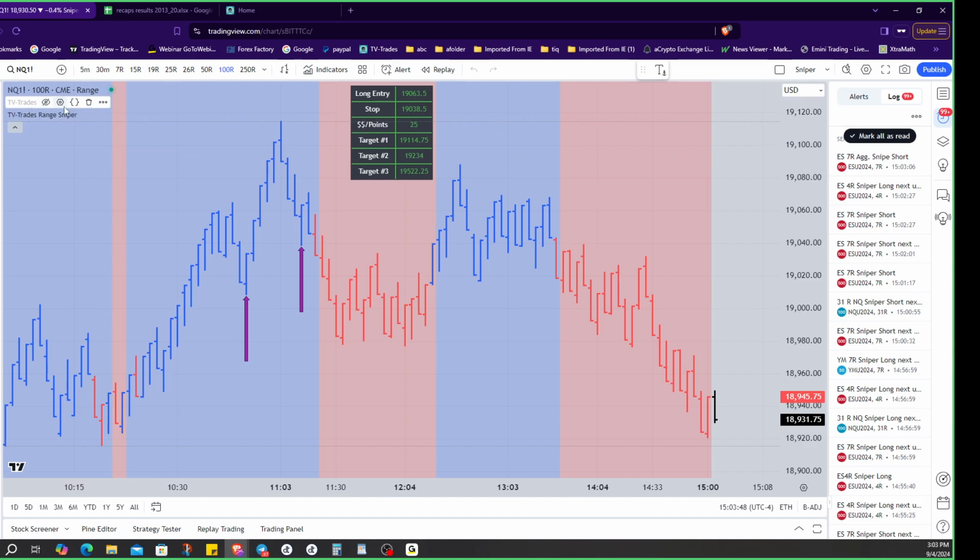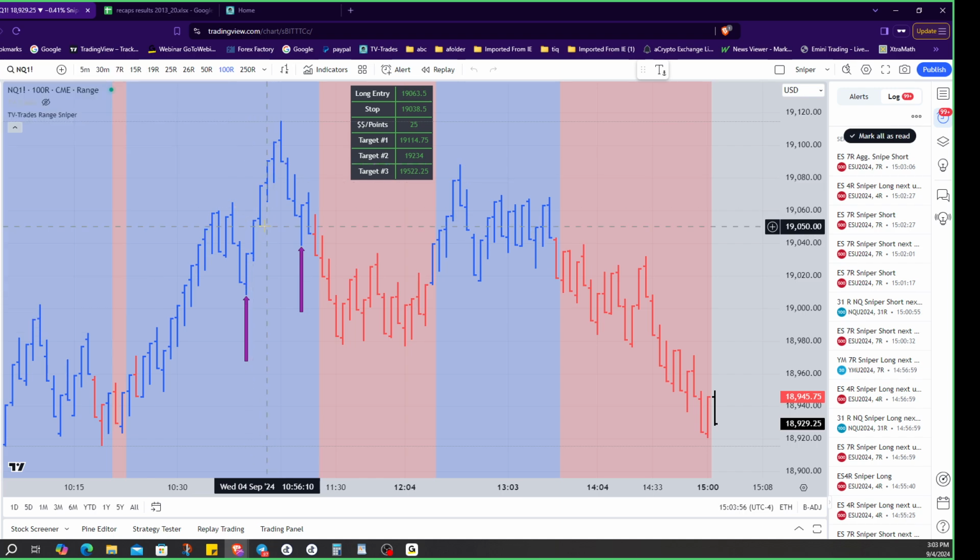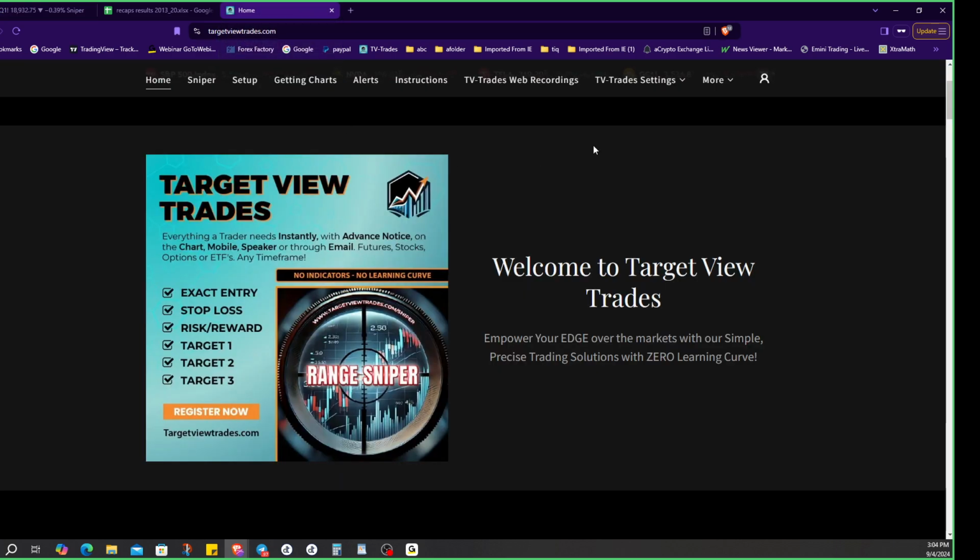What you will need to do is sign up for the charts at TradingView and give me your TradingView login ID. Like mine is TV Trades. When you hover over this, it says I'm logged in as TV Trades. That's what you need to send to me when you sign up for the trial. To get the charts, if you go here to the home page at targetviewtrades.com,